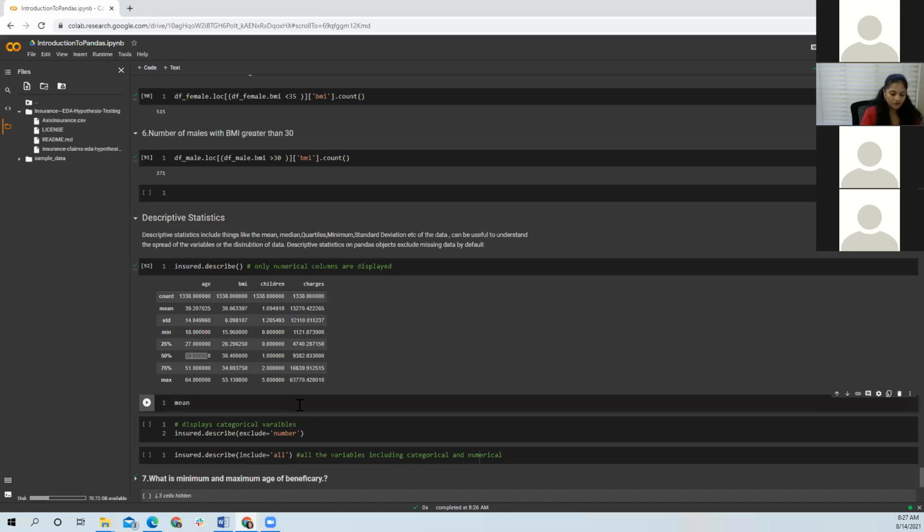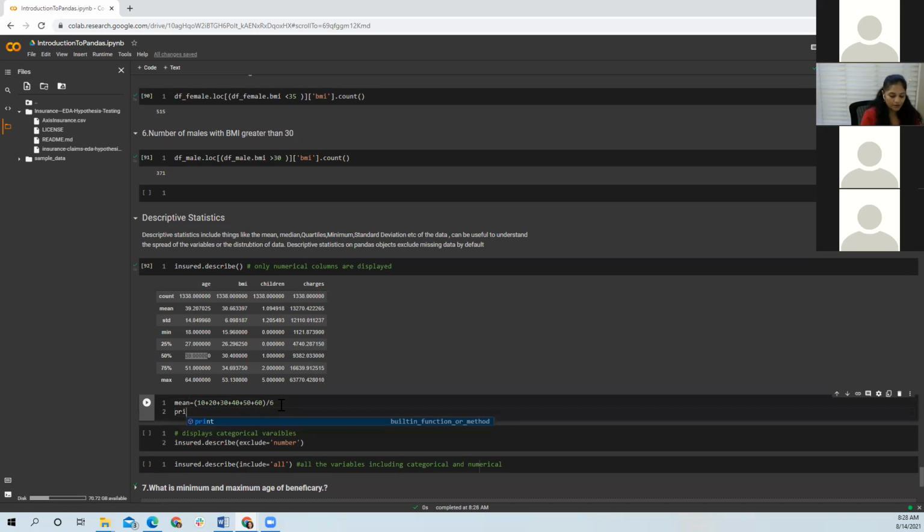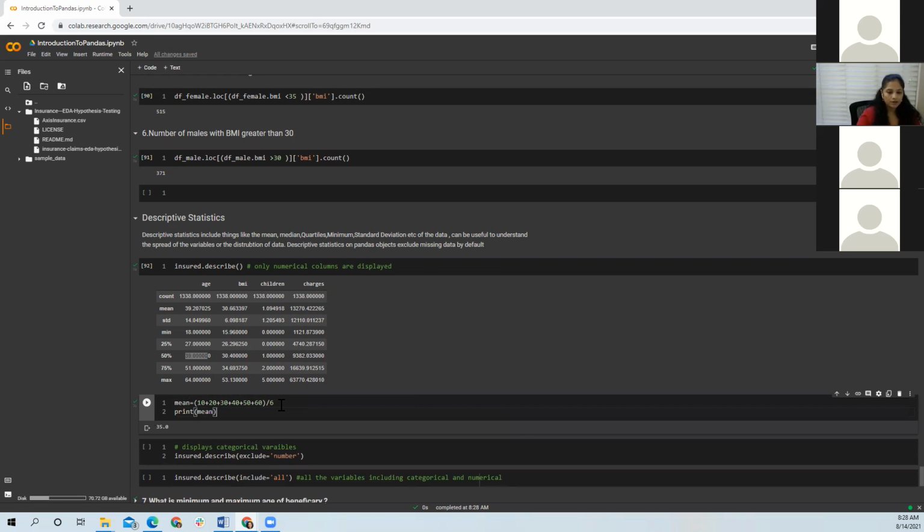If I need to find the mean of some values, this is how I do it. We add all the observations and we divide by the number of elements. So this would give me the mean as 35. So basically the average.